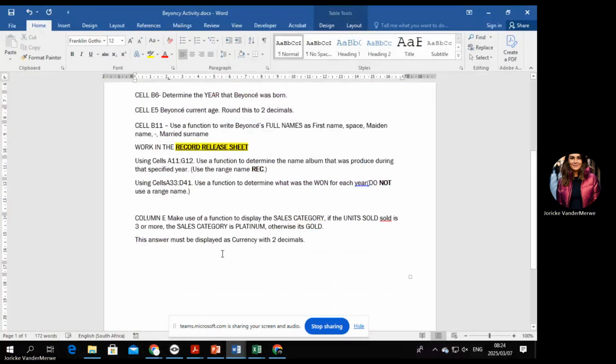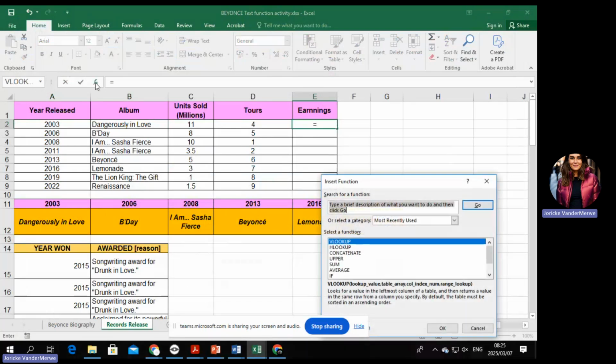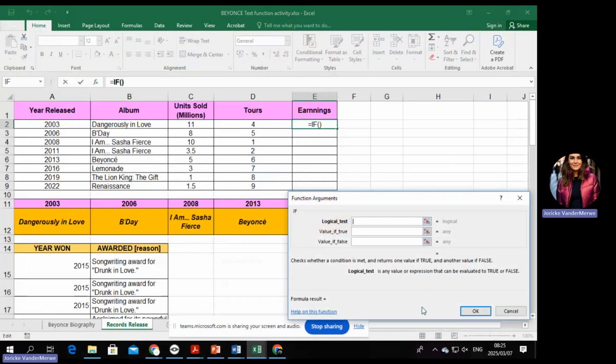In column E, make use of a function to display the sales category if the unit sold is 3 or more. Okay, so this is going to be an if function. The if function is going to be an fx, and then we are going to double click on the if. What is the logical test?